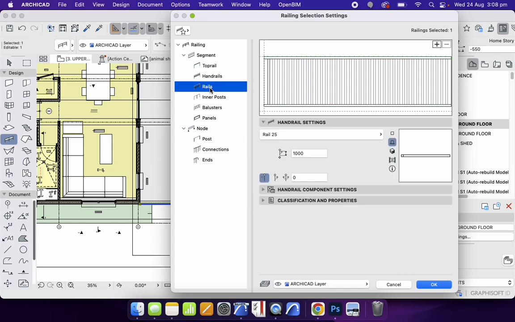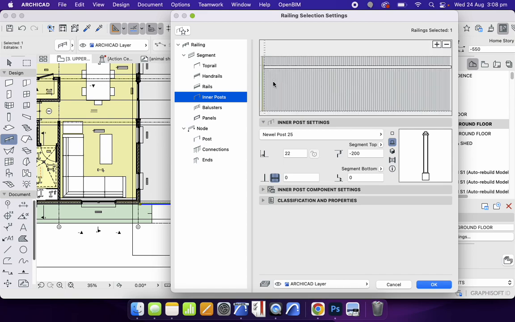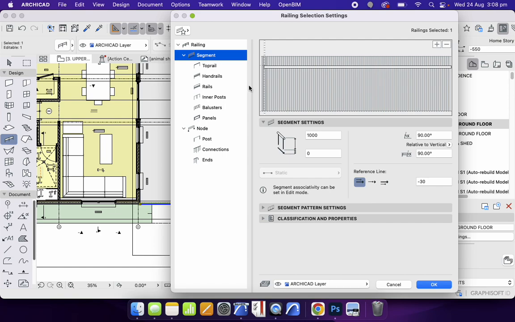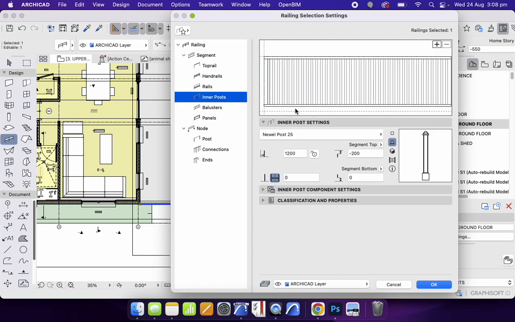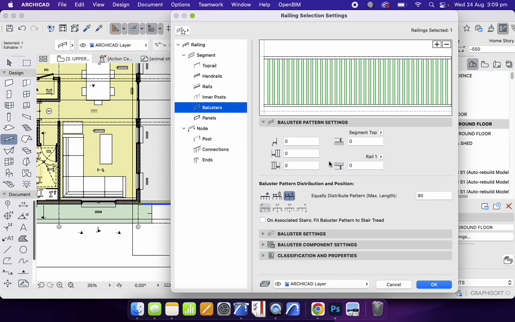Now when we look at handrail or rails, here we can have a bottom rail, an inner post. In this case, I haven't added any inner posts. If I add an inner post, I have to then choose where it goes. So I might want to have one at the end. My balusters, let's have a look at the settings here. So the balusters here,